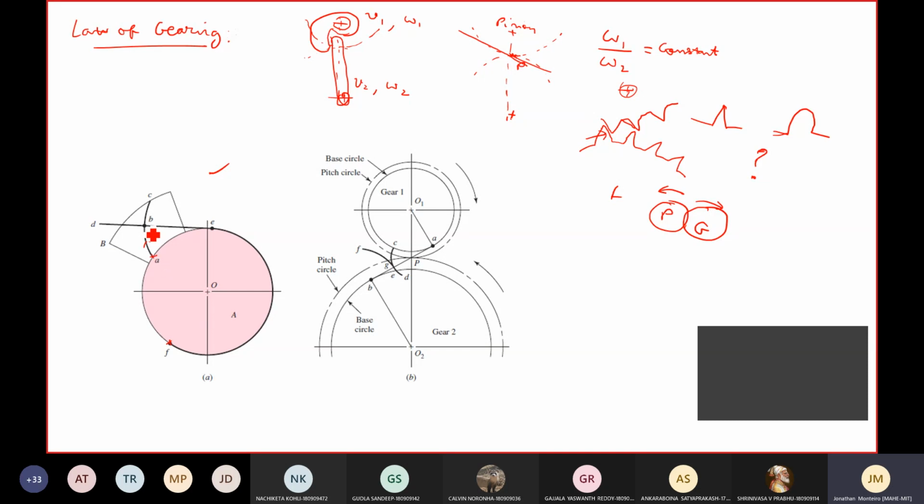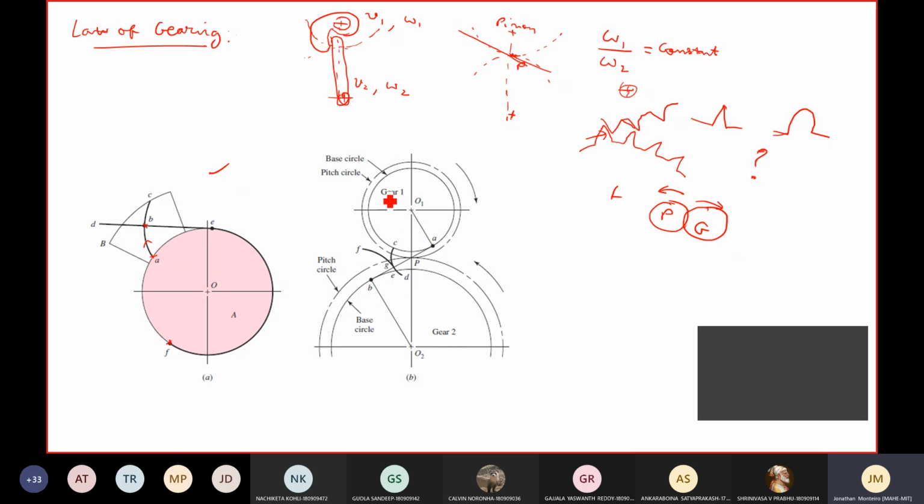So for example, this is the point B. Our point of interest is B. So how will the point B move? Initially it will be at position A, then it will move to this current position here, and then it will continue on towards C. Similar to this action of unwrapping a string or a wire around a cylinder, the gears also should engage or disengage, in other words, wrap and unwrap over each other.